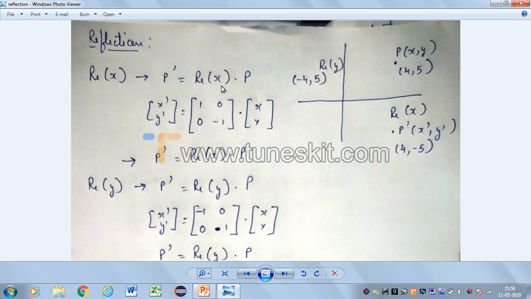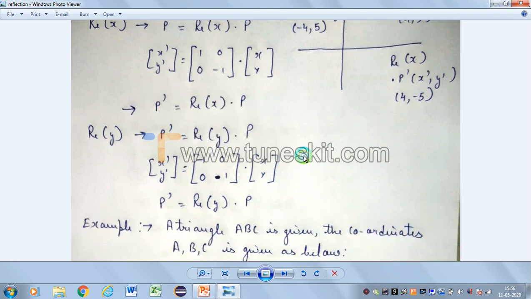So the reflection matrix of x is, you go to your previous PPT, we are putting x values as it is, but we flip the values of y. That's why we're putting minus y. When you multiply it, we get P dash, right? Again, this is the reflection about y. This is the reflection matrix y, because y stays as it is, but we flip the values of x and multiply with the original coordinates x and y, and we get P dash.